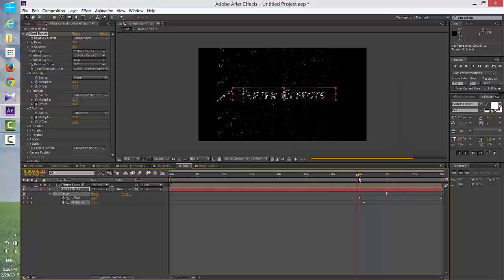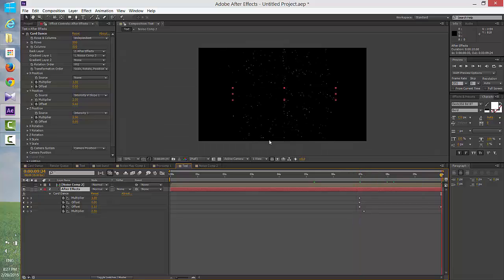Fine. We'll also do the same things for Y and Z, X. So X position till this time, the multiplier is the same, the offset would be kept the same. We'll go for pressing U to reveal the effects, and by the end we will boost this to a very huge value, something like